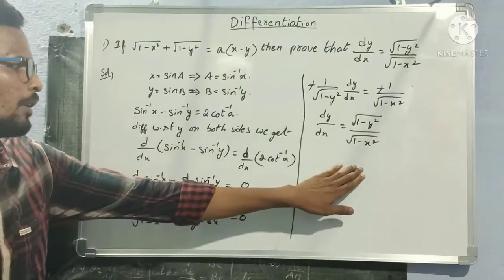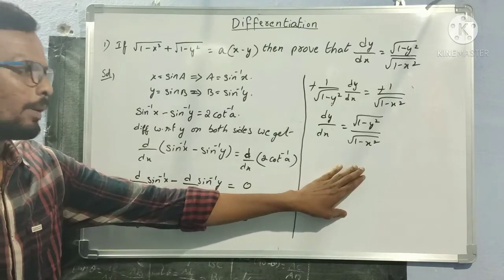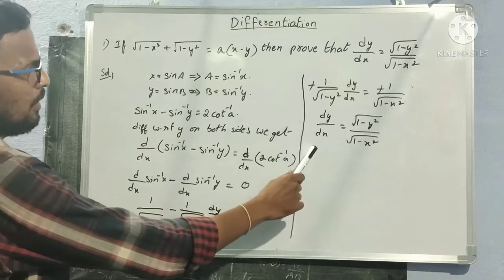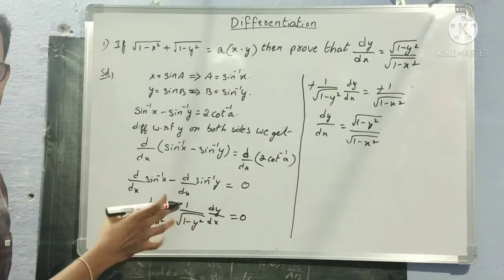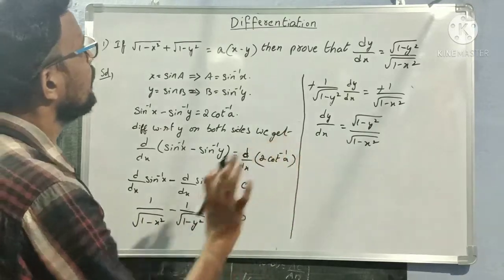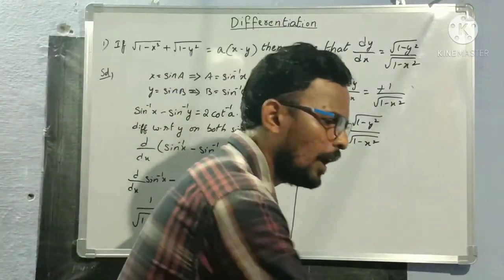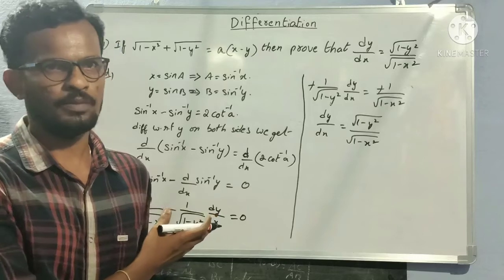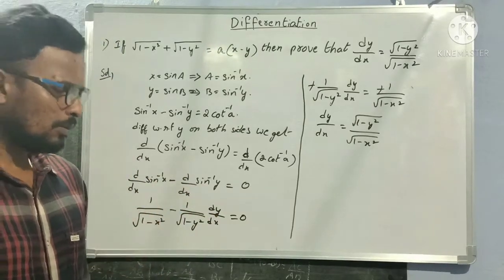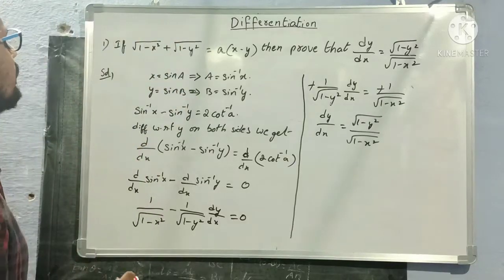This is how we have to solve this problem. I hope everybody understood this problem. Very very important problem for 7 marks, IPE first year differentiation. Okay. So this is the first problem. I have completed the first problem. So practice this problem, very very important. Now let us move to our next problem.